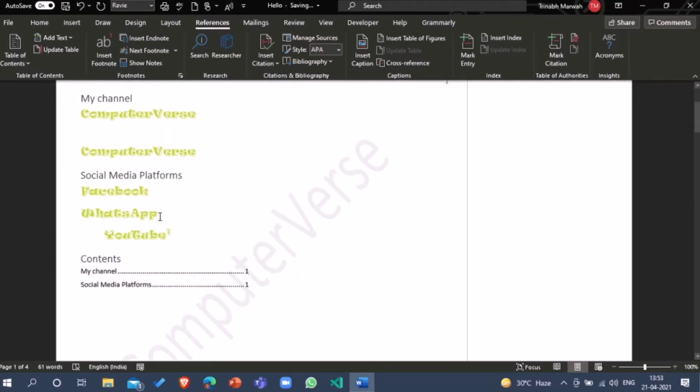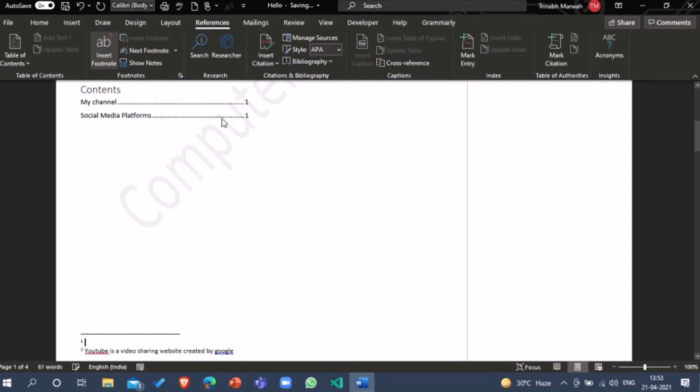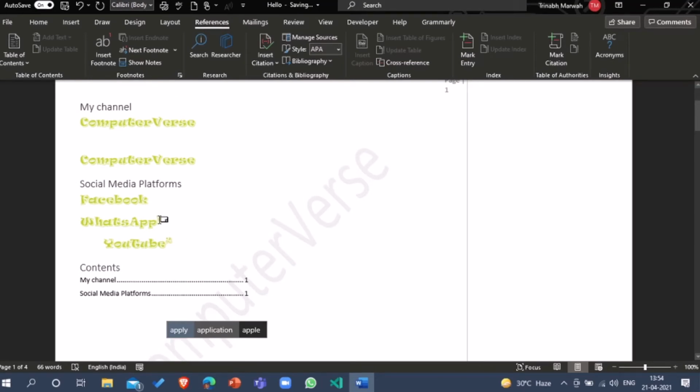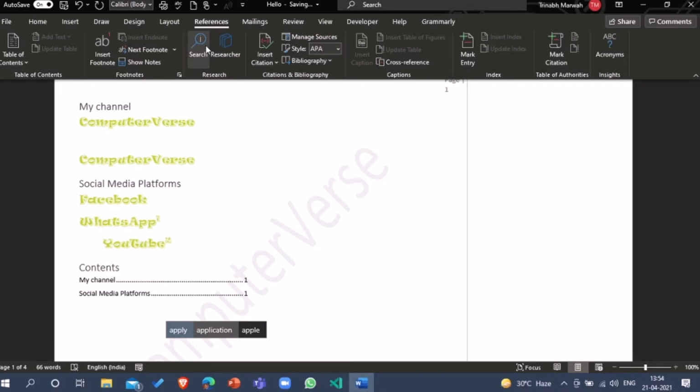If you add another footnote maybe right here, with number 1 and number 2, it will be adding the footnotes. So maybe WhatsApp is a messaging app, right? So now let me bring it forward and here again, WhatsApp is a messaging app. So in this way footnotes can be very helpful if you want to insert some additional information at the bottom of the page. You can search for something from the internet